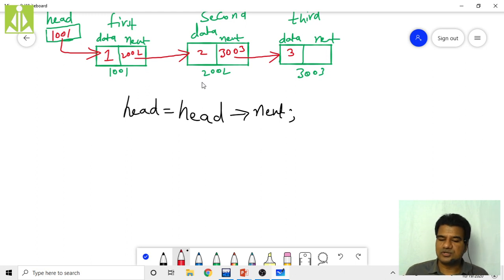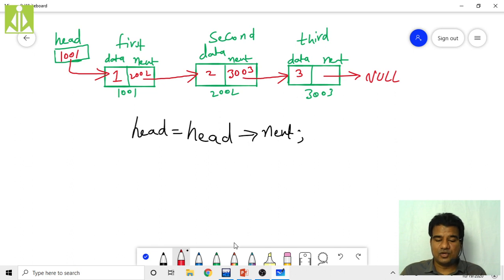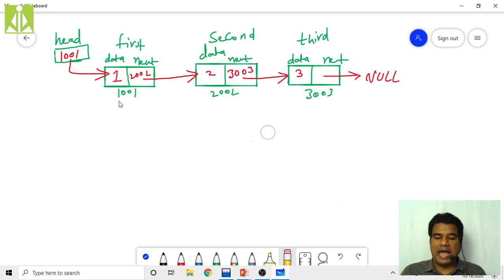Here the last thing must be null, because we made it null, but I forgot to represent it. So like this we have our linked list. Then if moving the head is not a good option, how do we do the traversal, how do we visit all the nodes in our linked list?